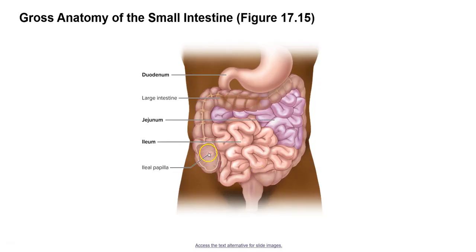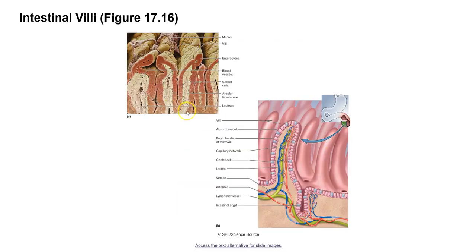Now the ileum is going to join up with the cecum at what we call the ileocecal junction, and at that ileocecal junction we also have an ileocecal valve, which can regulate food passage from the small intestine into the large intestine. Now, looking at the internal anatomy of the small intestine, we will see that there are three inner